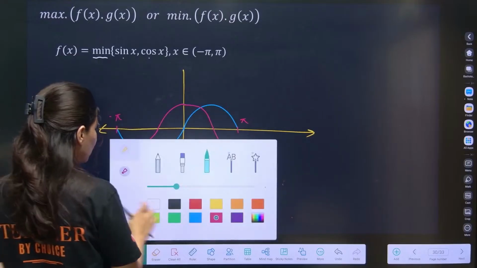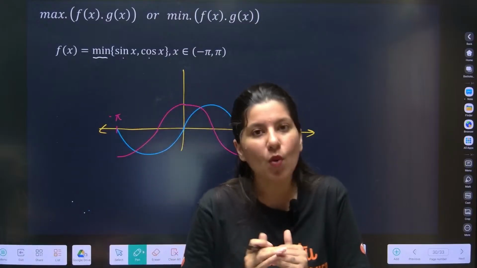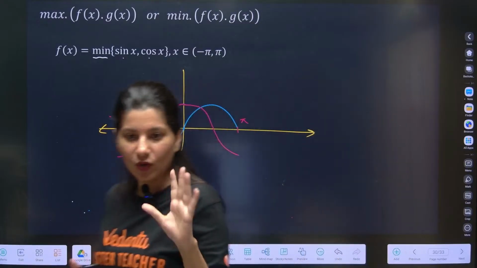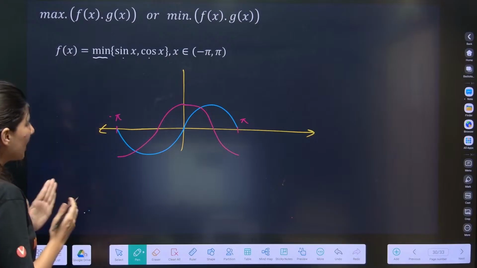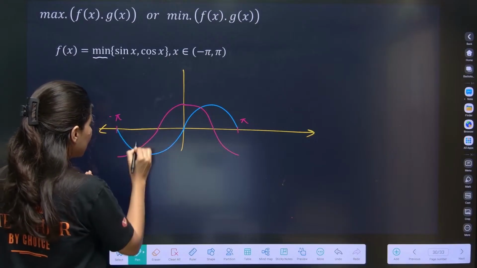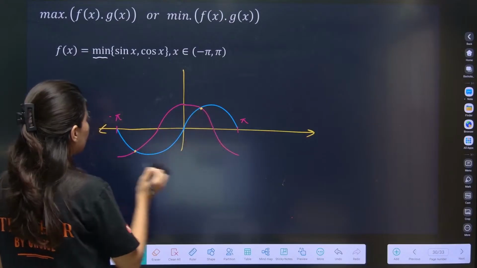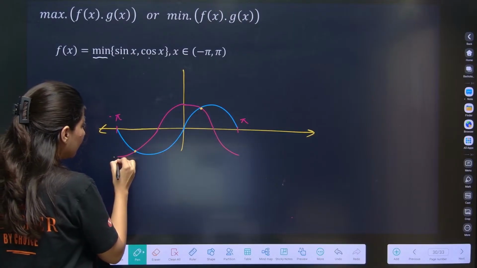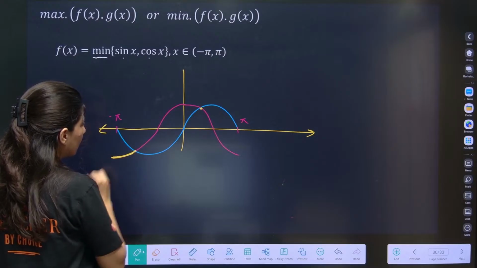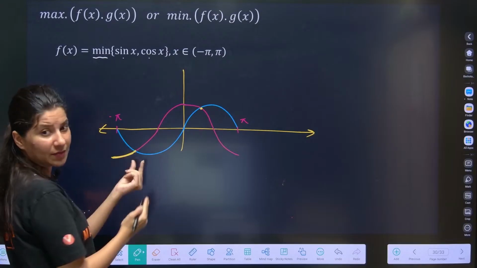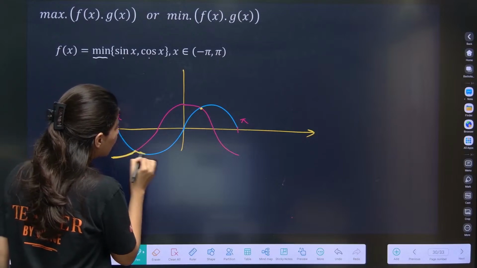Now you have to talk about the minimum. Whichever graph is the below one, competition is going on, the minimum of these. Whatever is below, that will be my graph. I will divide this whole graph into portions. They meet over here, then eventually they meet over here. First, the pink graph is below, so this will be my graph. After they meet, my blue graph is below and pink is above, so I will only pick the below graph.